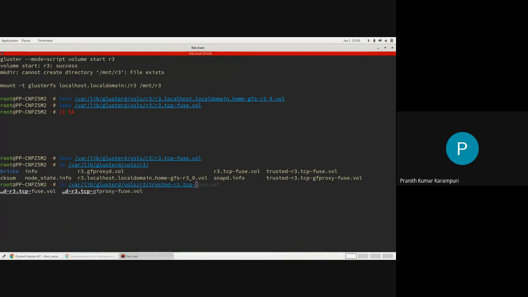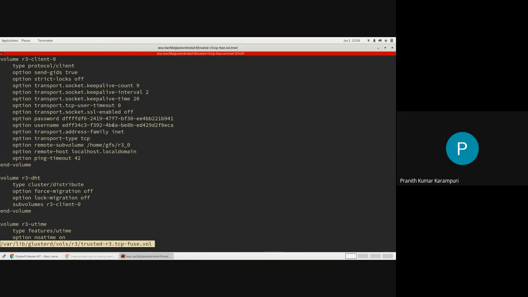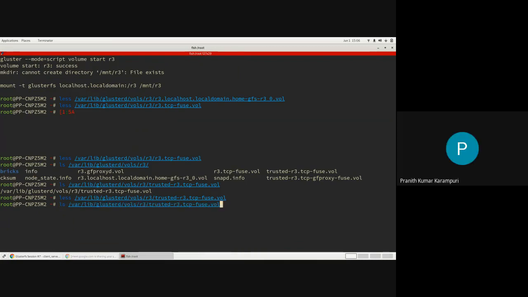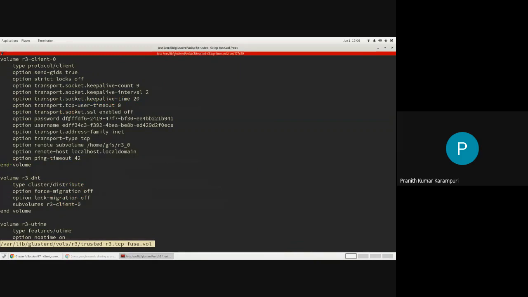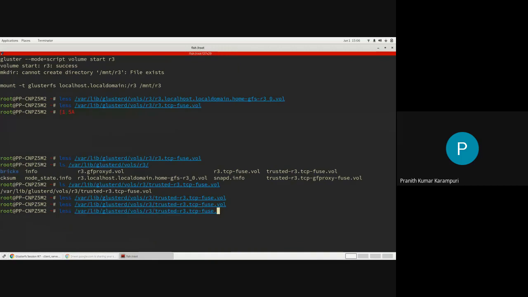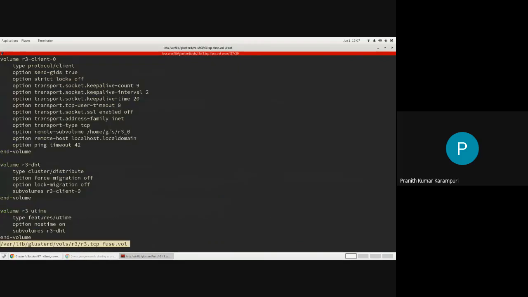There is a trusted TCP fuse vol. If you try to mount on the same machine, this is the vol file that gets chosen. This one will just send some username and password. In this one also, there are these usernames and passwords. This is still trusted stuff.